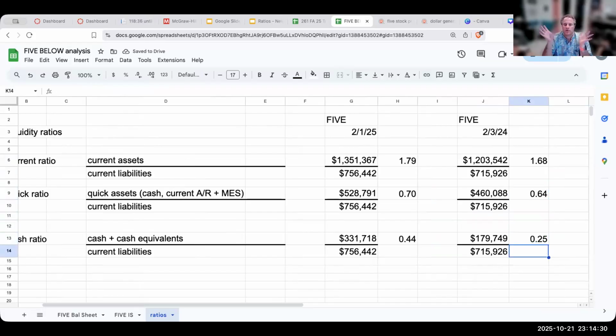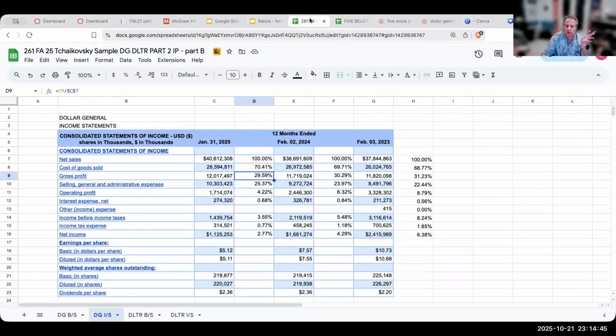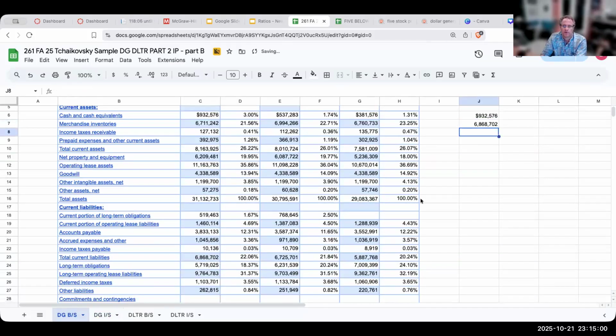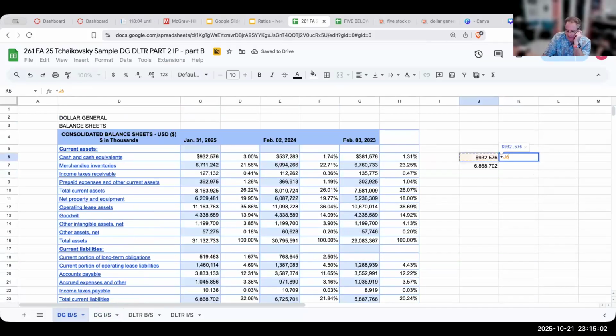So here are the liquidity ratios, right? I would generally say that for a retailer, this is probably going to be looked at as pretty favorable in terms of liquidity. However, like anything else we go through and do, if I looked at the cash ratio for Dollar General for this one particular year, and compare this to my current liabilities,